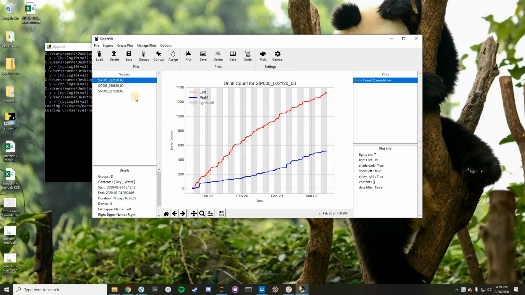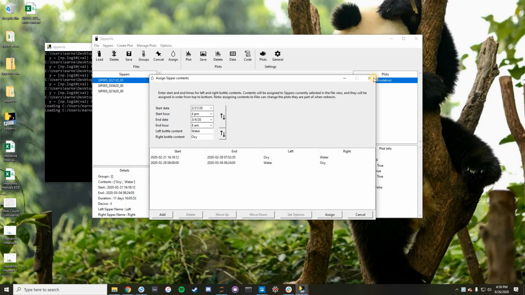Okay, in this video I'm going to talk about how to include inside assigned contents in plots that we make. I'm going to focus on just these drink count plots, but hopefully some of the logic will apply to other types of plots as well. So, as you see here, I've got this file that has some contents assigned,